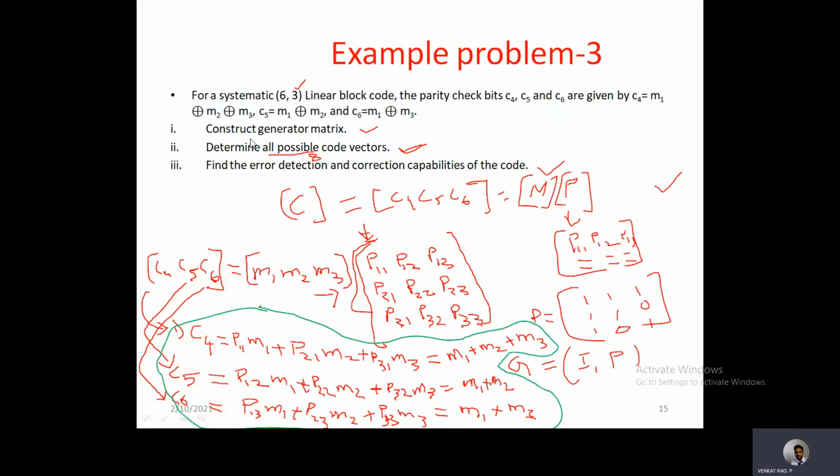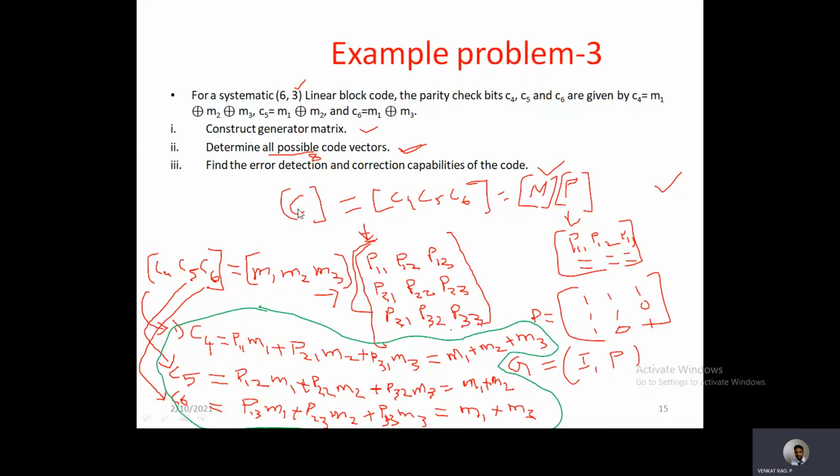First, we'll see how to construct the generator matrix. As you know, the generator matrix is represented in this form, that is first I and then the coefficient matrix P. Of course, representation of the identity matrix is very easy, but finding the coefficient matrix is our task. So how to find this coefficient matrix?